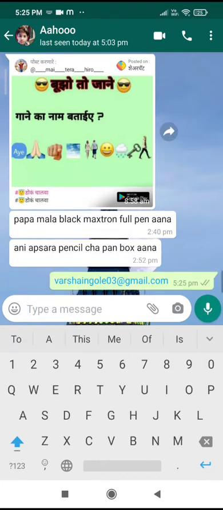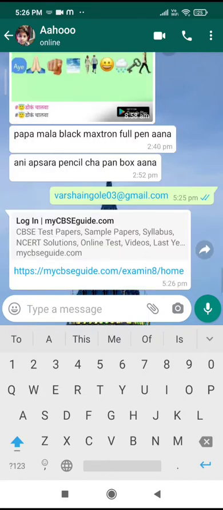So she is going to send me, and after sending, I'll add that teacher into My CBSE Guide as a teacher to the SPS Singapore Public School Kamlapur. In this platform, I'll add that teacher, and after adding, I'll send one link to that teacher. See here, one link is sent by me to the teacher, by which you can log in to My CBSE Guide and you can create the paper. So here click on this link.